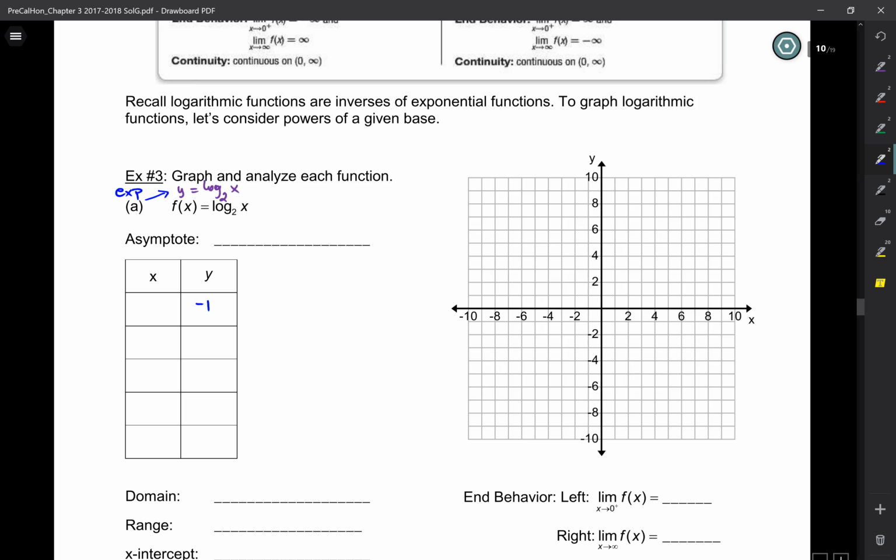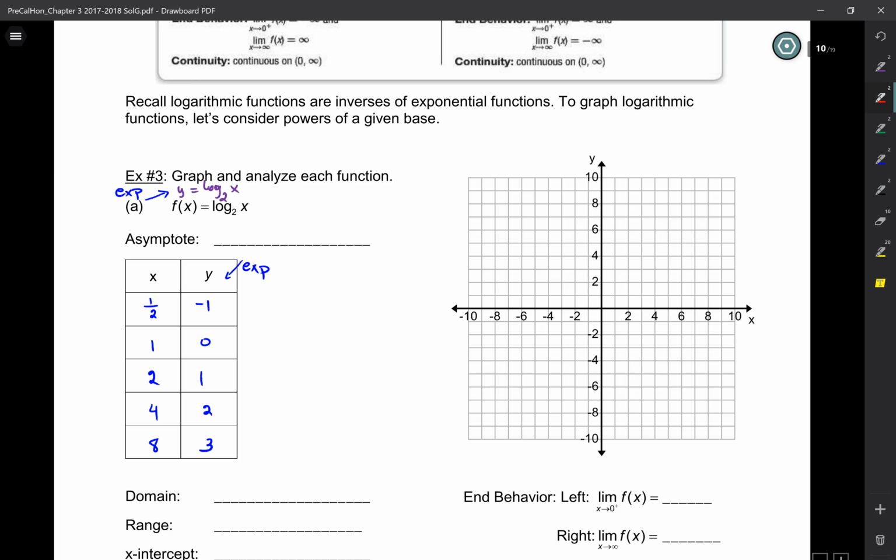So if the y is the exponent, -1, 0, 1, 2, 3, these are the exponents. Then what are the powers? 2 to the -1, 2 to the 0, 2 to the 1, 2 to the 2, 2 to the 3. Do you see how we did that? Okay, and now we can graph our